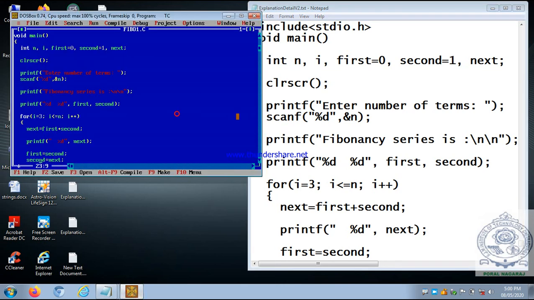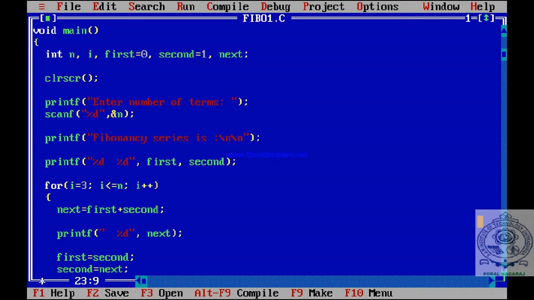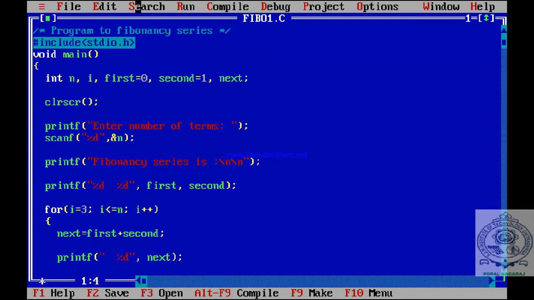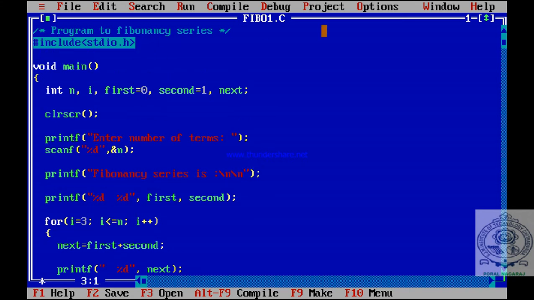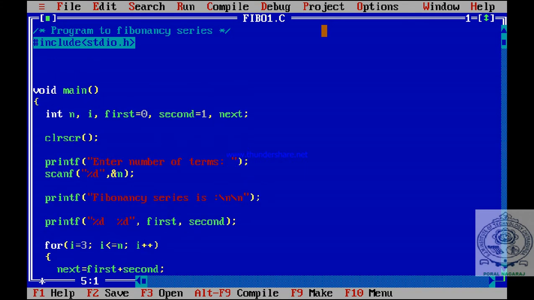So now let us modify the same program using functions. So how to modify the same program using functions? Program to generate Fibonacci series. Okay, so what I will do now, just observe here, after the declaration I will write the function. I will make this function Fibonacci series. I am changing the name to Fibonacci. I am making this itself a function, void Fibonacci.